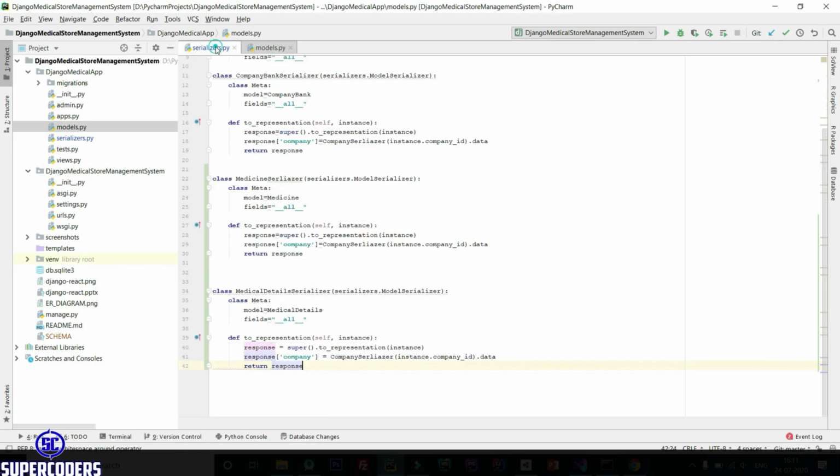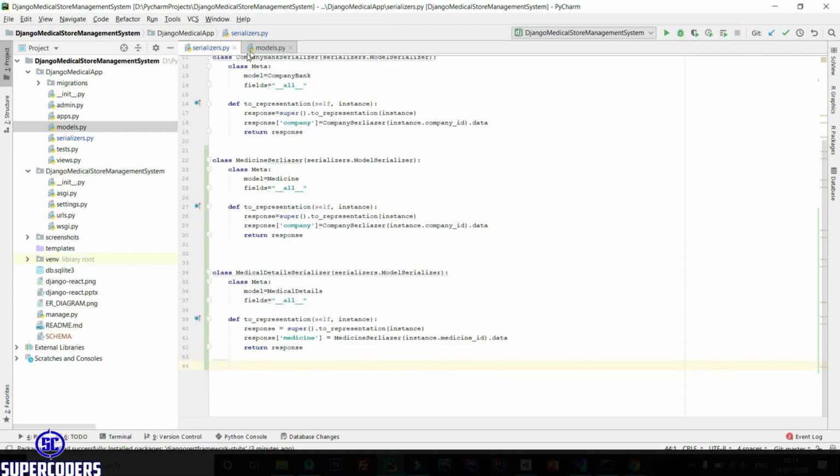Copy this medicine ID and pass it here, and it will return the data of medicine. Change this to medicine serializer. So copy this medicine serializer and pass it here. So it's okay.